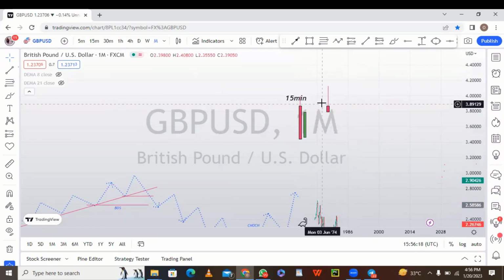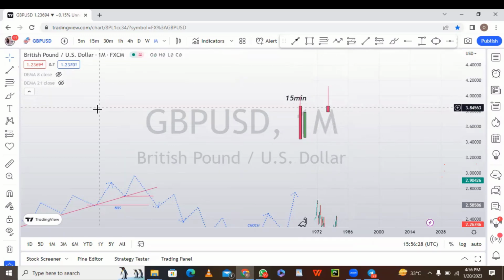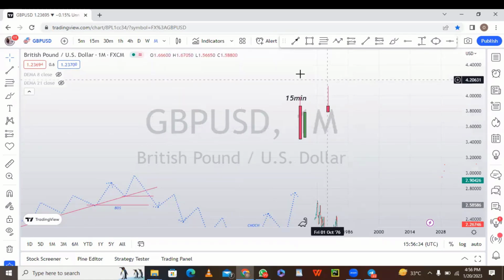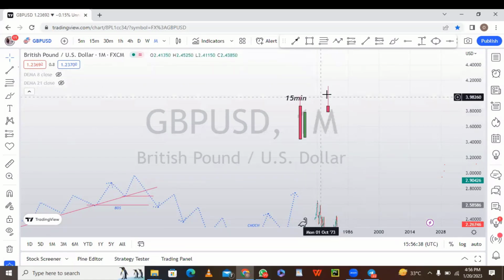Now, I talked about the inverted hammer or shooting star, which is the current candle we have here. This type of candle, you want to see on your resistance level. Like I said, when you're talking about a hammer, you want to see it at your support where you are willing to take a buy in the market. When you are willing to take a sell, you want to look for a candle such as an inverted hammer or shooting star. This type of candle will help you make a decision for a sell.